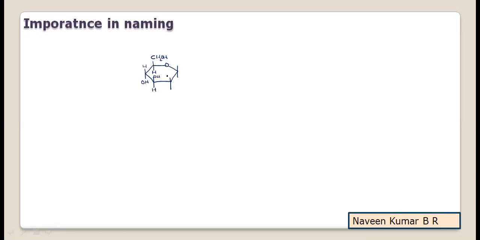Then H is ended here, take H above and write its alternate OH below. So starting from here, CH2OH, H, the same you take for the next carbon, H, OH. Next you take from OH, OH, H. Next you take from H, H, OH. Now the last and the first carbon here designate the anomer. So here you remember alpha and beta. If you write OH below, it is alpha, and instead of that, on the anomeric carbon, if you write the OH above, it will be beta.